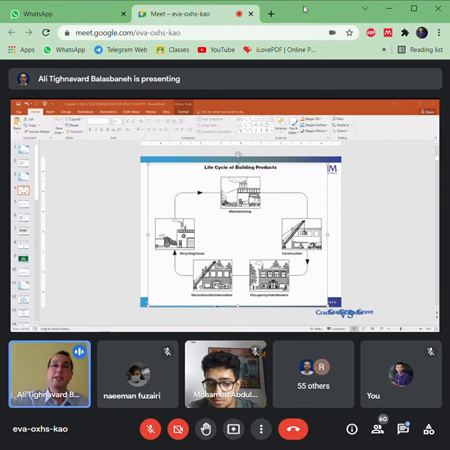But if you burn fossil fuel, like coal, it produces a high amount of carbon dioxide emission. That's why incineration of wood in the last stage of the building has